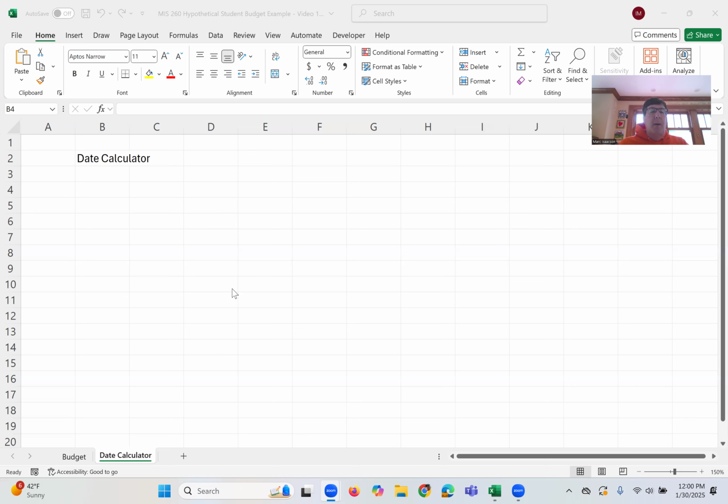And so I opened up a blank spreadsheet. For those of you that are in my class, I added a second tab to my workbook. You could also start with this blank file and simply do that. I've named the tab Date Calculator just to identify it, and I've typed in text up here that says Date Calculator, and it might appear relatively large. It's still 11-point font, but I've blown up the screen here to 150%